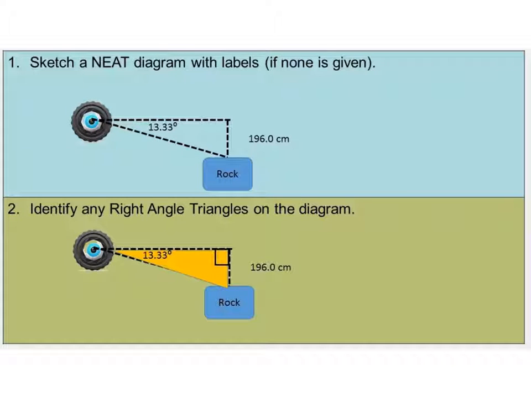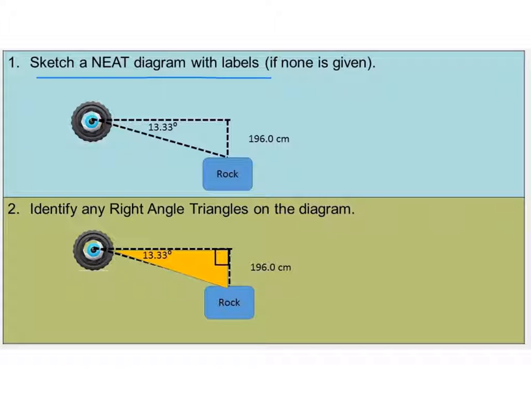We begin the solution for this question by sketching a neat diagram. Now, I have not done a sketch by hand so that you were able to actually identify the diagram and what it was. So we draw our diagram here. We have our rock, we have our wheel, and we put in our appropriate angle of 13.33 degrees and our height of